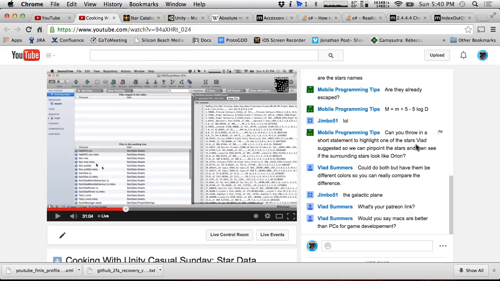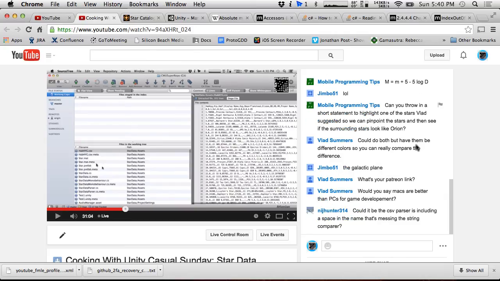Because the honest truth is, it doesn't matter. Computers are computers are computers. It mattered a little bit more back in the day when computers had different architectures, but nowadays a Mac has an Intel standard x86 or x64 architecture, same as any Windows machine. So it's really a matter of preference, I think. And in my case, right now, I hate Mac OS slightly less than I hate Windows,